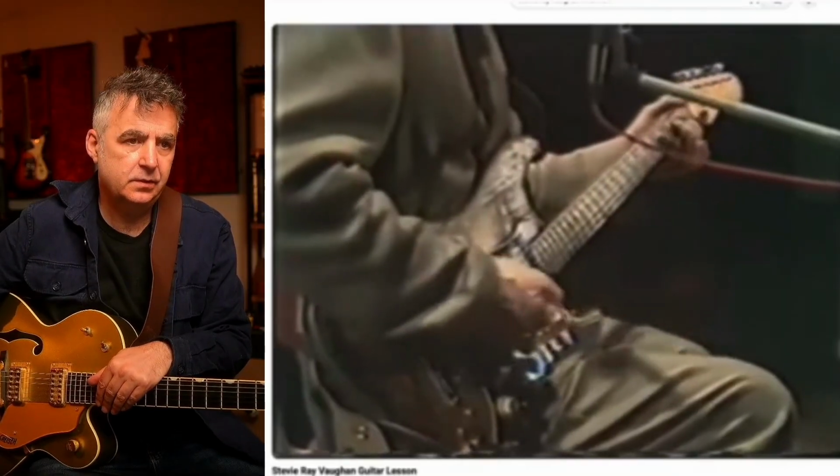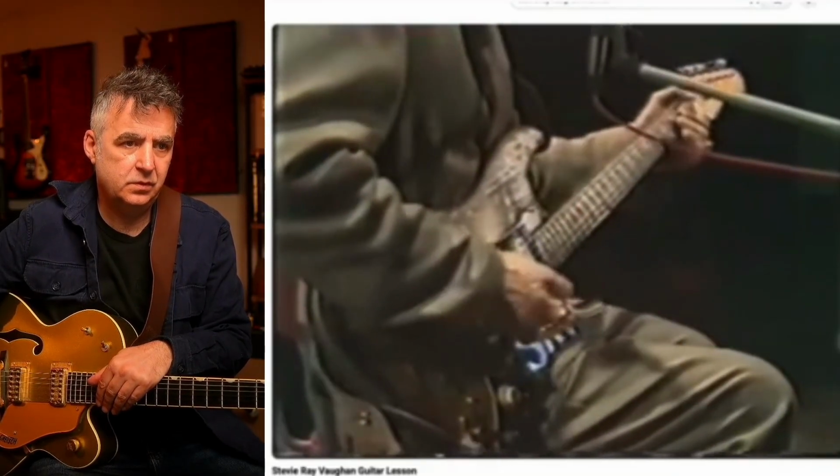So if you look at Stevie playing here, look at this little lick he does. It's just like that, basically. But the place he's actually doing it is on the turnaround. So that's a great lick to learn there. It's the same kind of idea. You're going to start with the downbeat. He's tuned down a half step, but basically what he's doing is he's hitting the E chord, and then he's